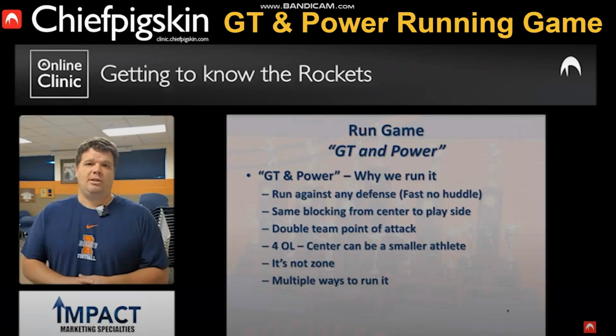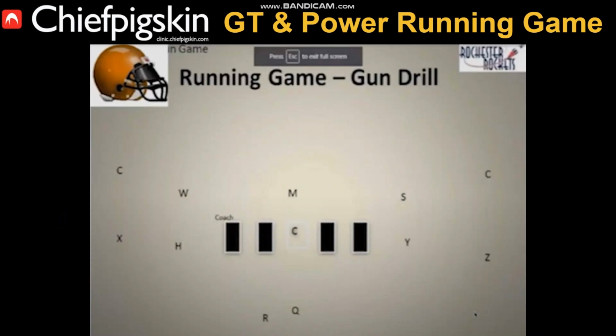It is the same blocking on both GT, counter and power from the center to the play side guard to the play side tackle. They're all essentially down blocking. I agree with that. You're going to create a double team at the point of attack, whether that's an odd or even front, and Coach Leonard shows some of those. He argues that the center can be smaller, and then he points out it's not zone and it can be run in multiple ways. So he goes over a drill, just talks about putting together the different reads and whatnot,